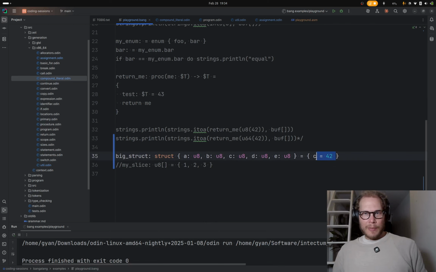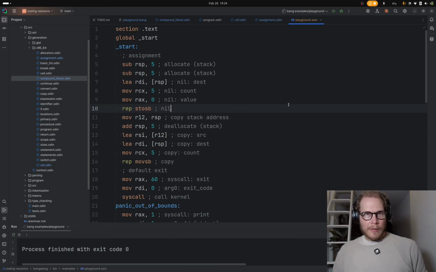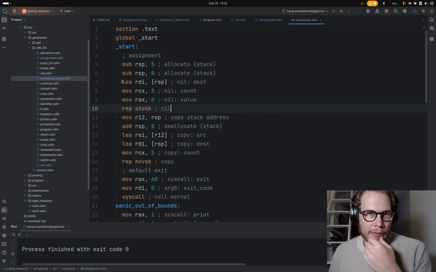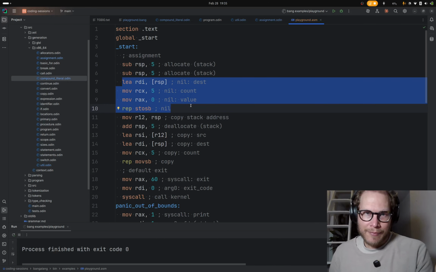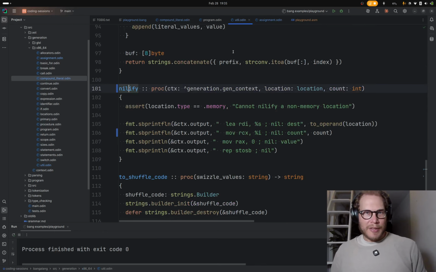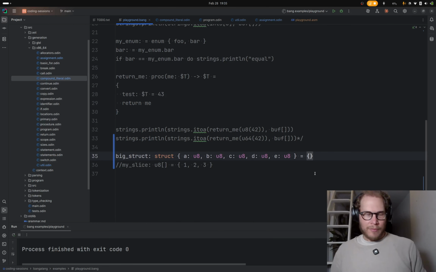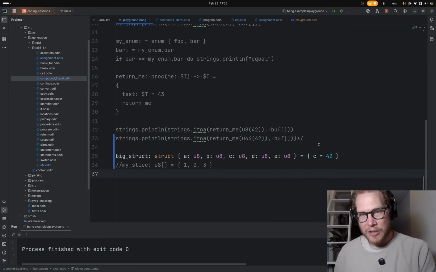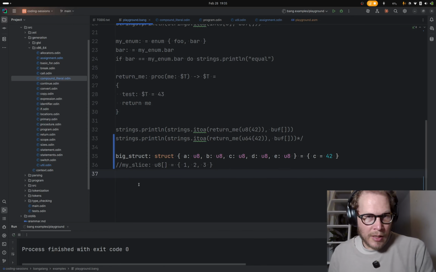And if I put an empty one here, then we just set 5 bytes to 0. Perfect. So that was kind of just a little optimization I wanted to do. It felt just a bit wasteful before, and it's not so hard to fix. Now,